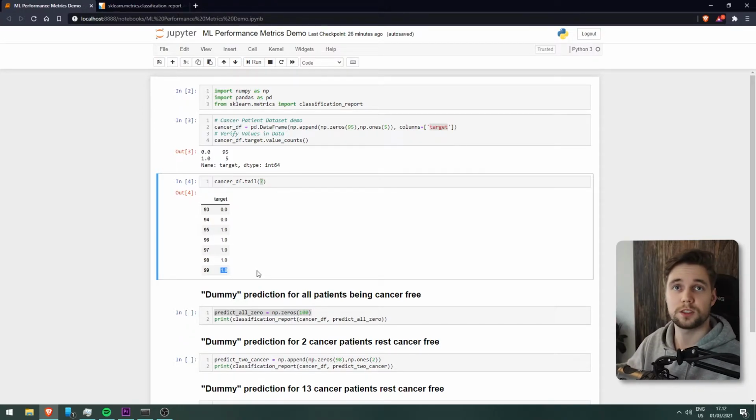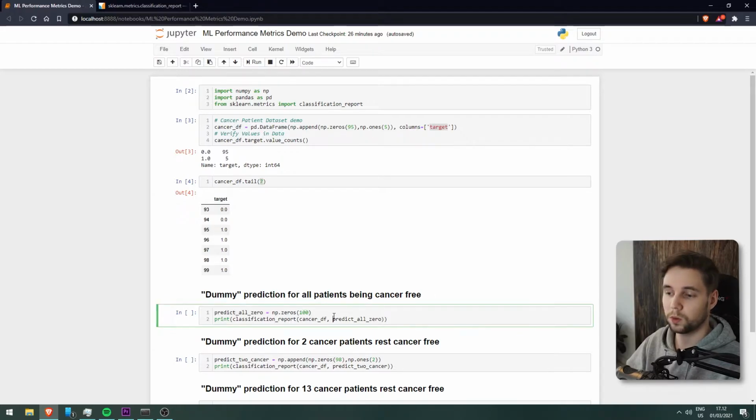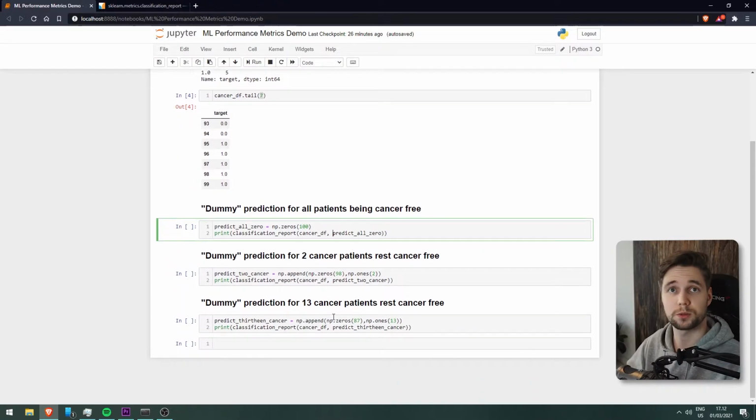So if we then take the example that we had before, where all the patients that we have, we predict to be cancer-free. That means that what we're predicting is all the patients will have a 0 in our binary example. So I'm just using NumPy to create an array consisting only of zeros, and then I'm using classification report, where the first entry is your true variables and the second entry is your predicted variables. So running this,